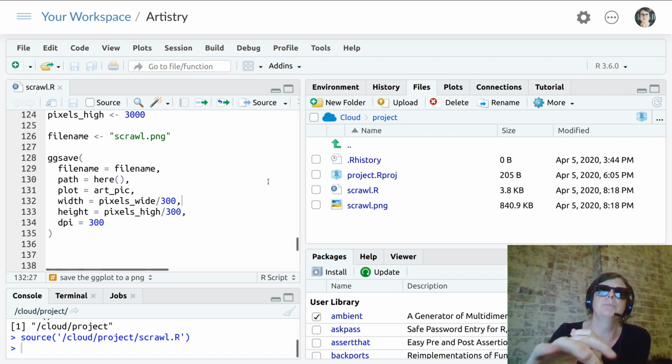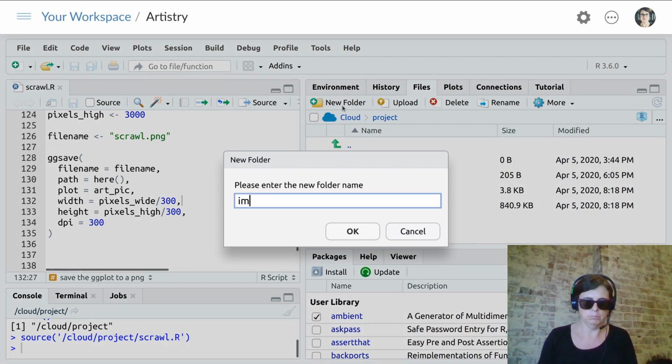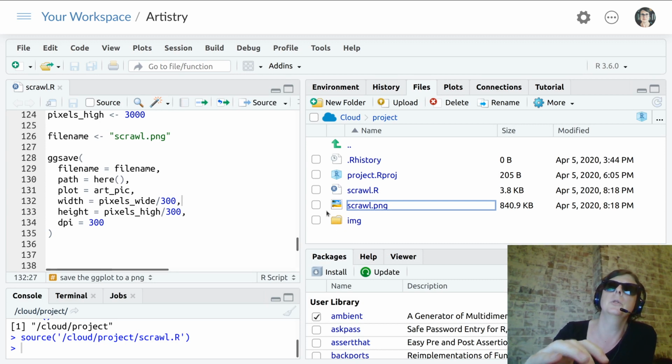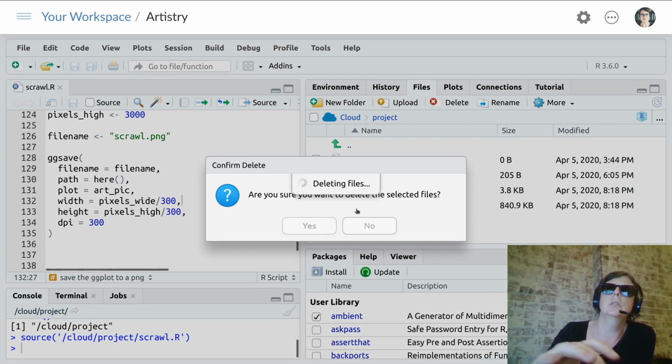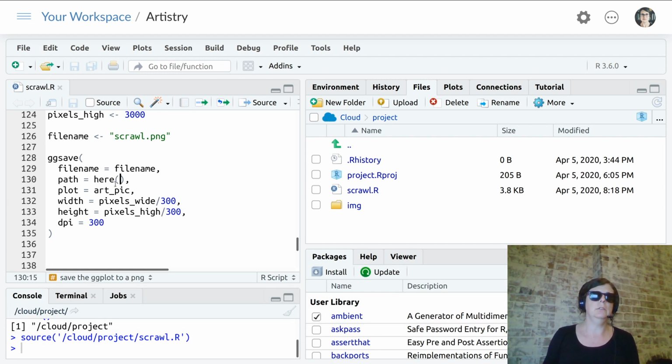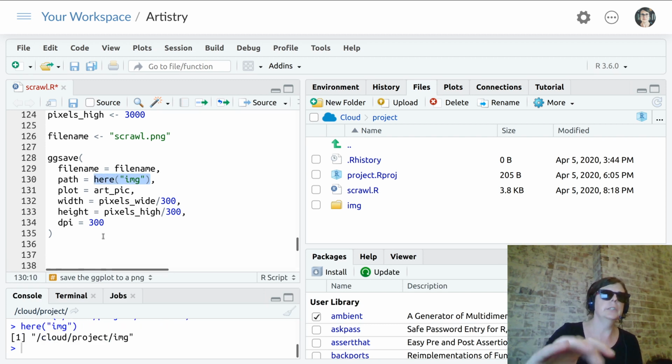So wouldn't it be better if I go over here and go new folder, and I'll call it image, right? And now we have a subfolder inside our project. So let's just delete that image that I just created, and instead of saving it directly here, let's save it to here image. Just to give you a quick sense of that, we'll go Control Enter. So here image is now